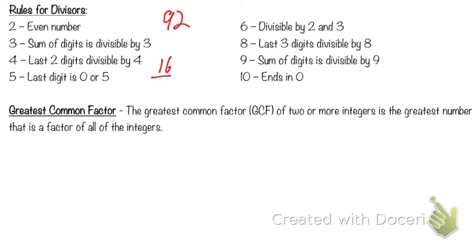If I take 16 divided by 2, I get 8. If I take 8 divided by 2, what do I get? 4. Well, how do I get 4 from 16? Divide by 4. I can divide by 4 to get from 16 to 4. So when you divide by 2 twice, it's like you divide by 4 because 2 times 2 is 4. Okay? So if I can divide by 2